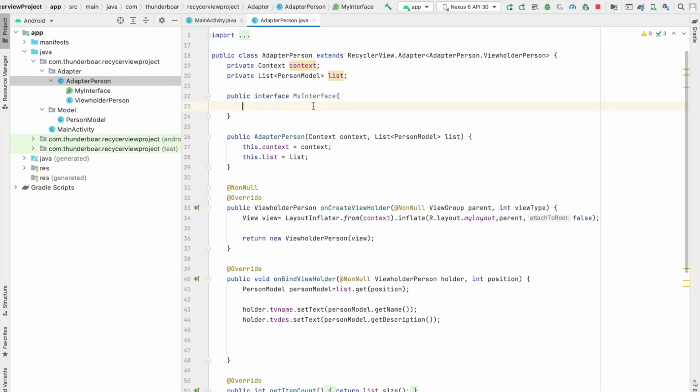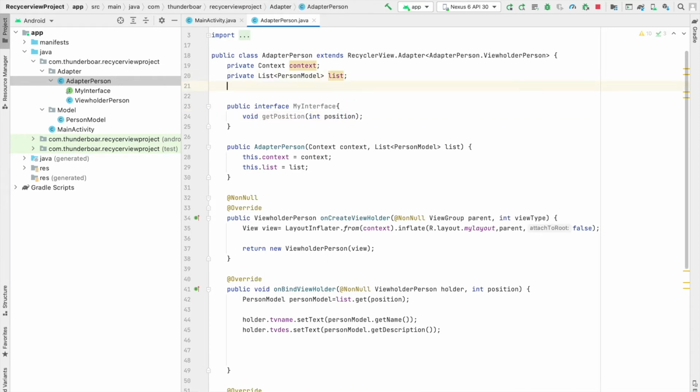Here I want to declare one method that's called get position. So now I'm going to declare this interface at the top.